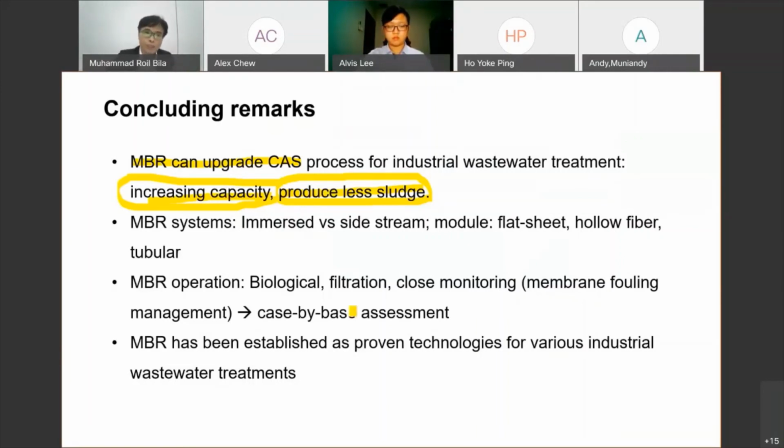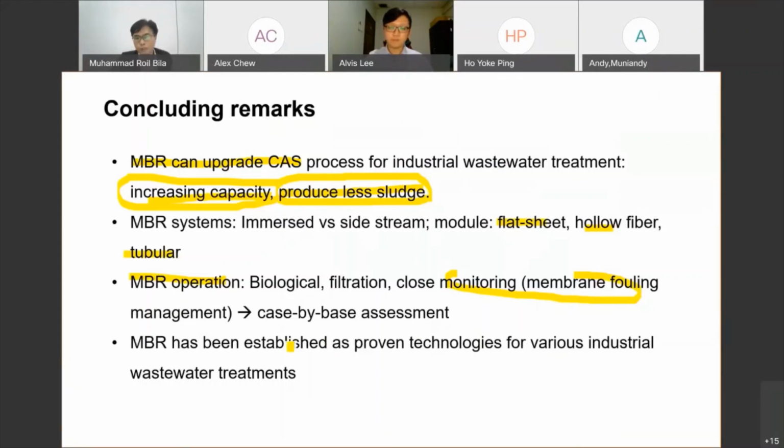Based on the configuration, we have MBRs, submerged, and then you have three types of membrane: flat sheet, hollow fiber, and tubular. And when you run MBR in operation, we have to look into the biological process, the filtration process, and close monitoring of membrane fouling management, and then how to do it, which flux you want to run it at, how often you want to clean it. It is case by case basis. So you can contact Mr. Chu,